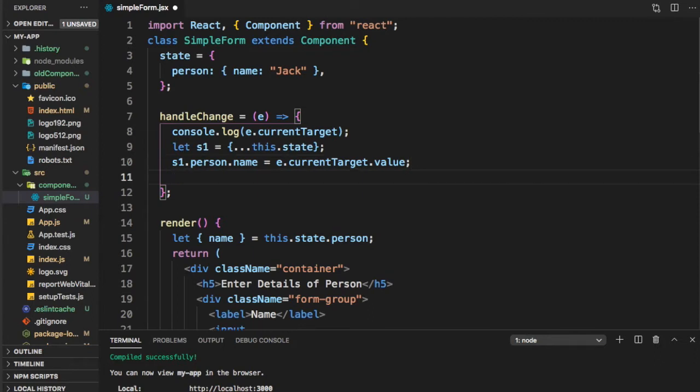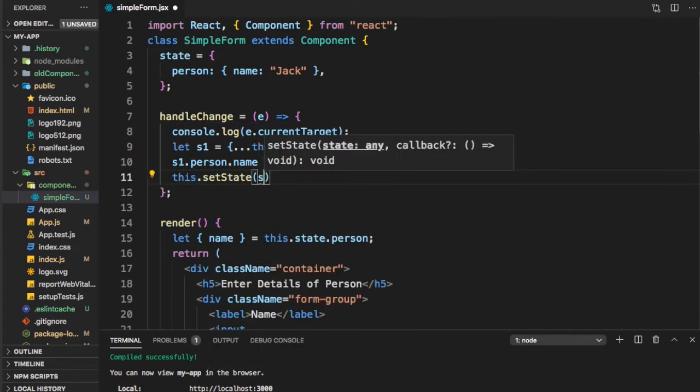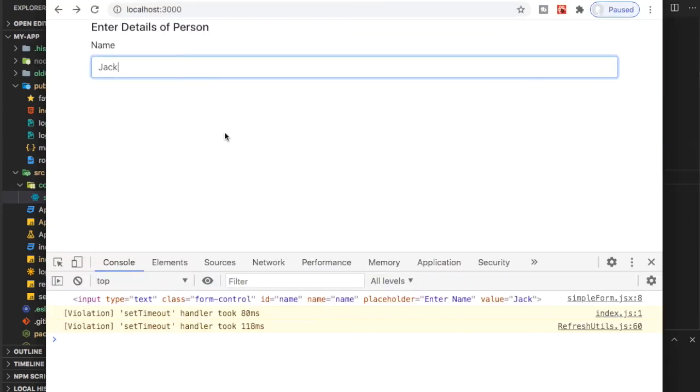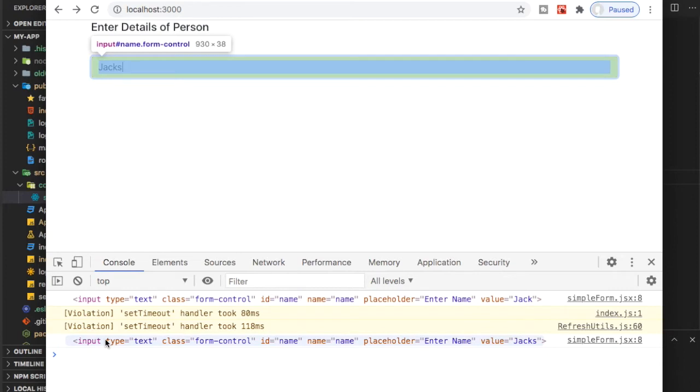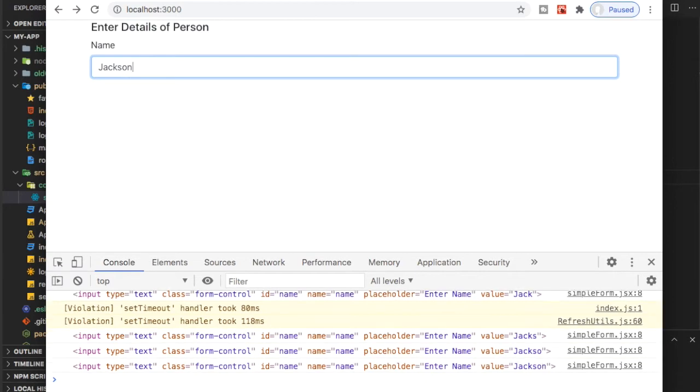And now we can just say this.setState(s1). So this should update the state. Let's go back and test it. So we have Jack here. Now if I type, say, s, you can see the value is changing. Because we updated the state in the handleChange, this is now working perfectly fine.